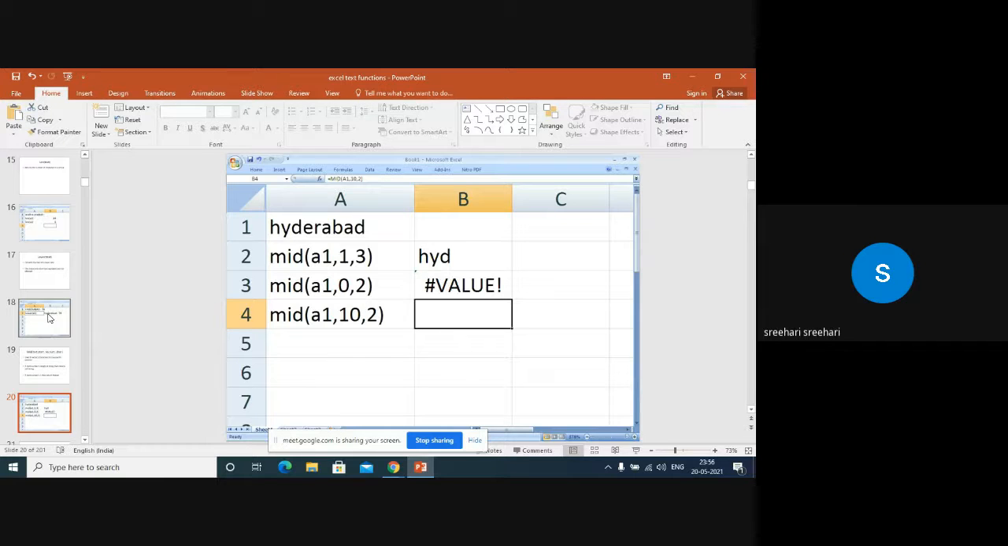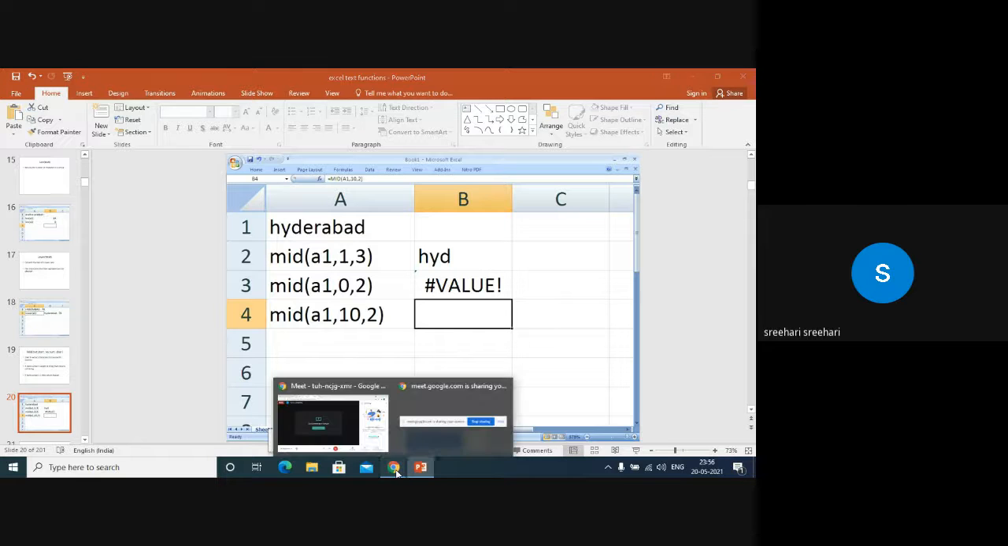Suppose I say mid A1 comma 10 comma 2, I have hardly 9 characters. The 10th character means nothing is there. So automatically what is called a null string has been displayed. So MID is also another beautiful function which is used while handling huge amounts of data. Let us stop here and